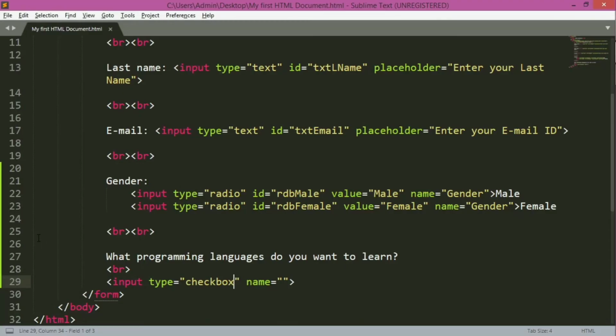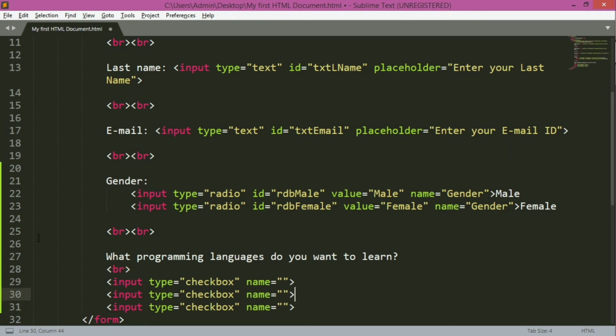So let's create multiple checkboxes. Let's copy this and paste it 3 times, and let's remove name and give id equal to chk for checkbox and then html. And in the next line, let me remove name again and give id, and let me give chk css.